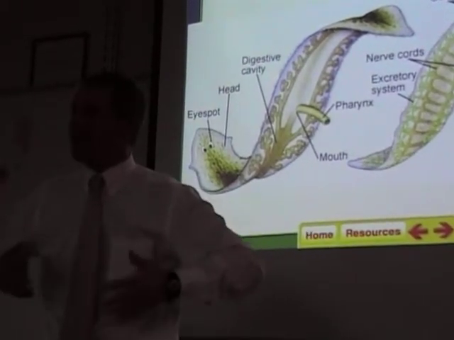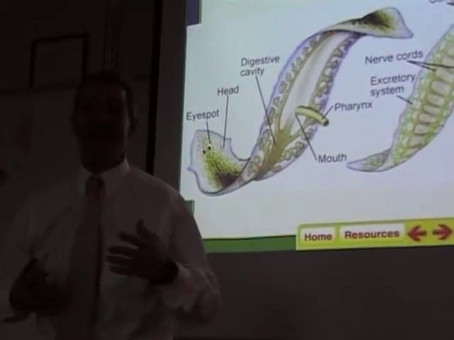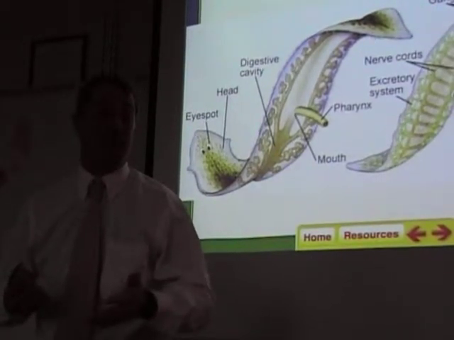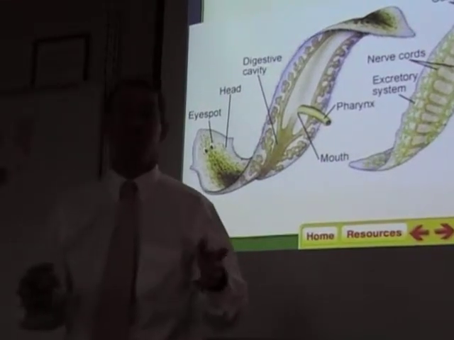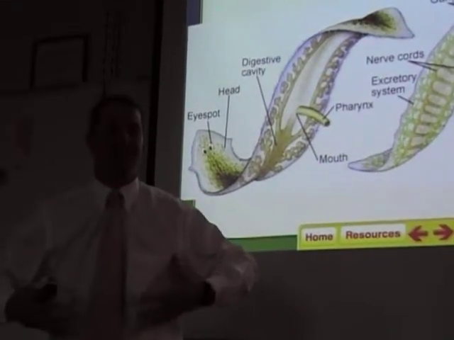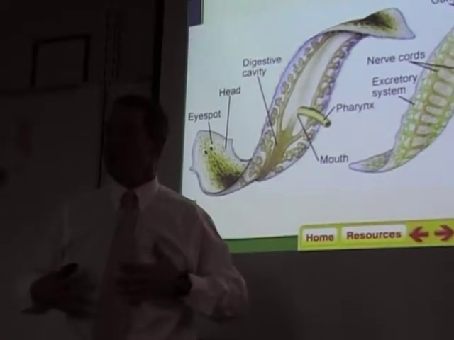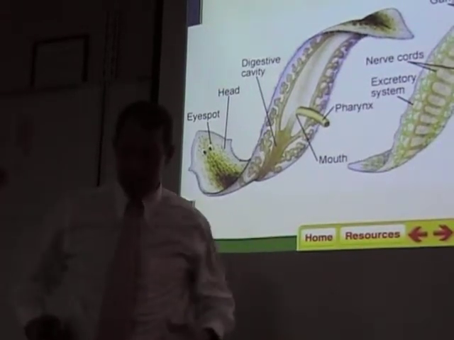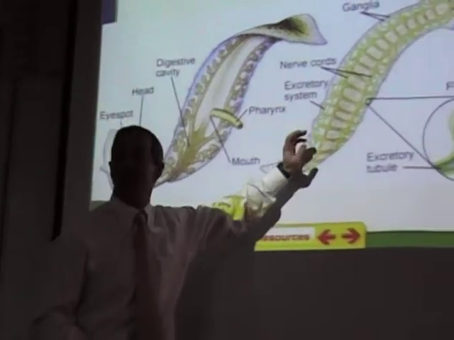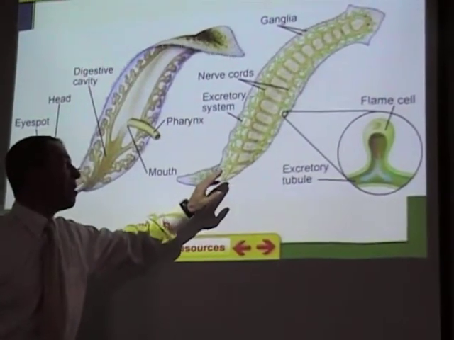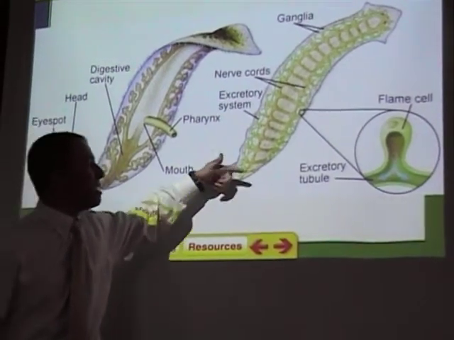Your cells are constantly creating this nitrogen waste. It's the yellow stuff that's in pee. It's basically a weakened form of ammonia. Your cells are creating this nasty ammonia all the time, and for you to get rid of it, your kidneys take it out of the blood, and then you pee it out. Well, these guys got to get rid of that nitrogen waste too, but they do so by taking